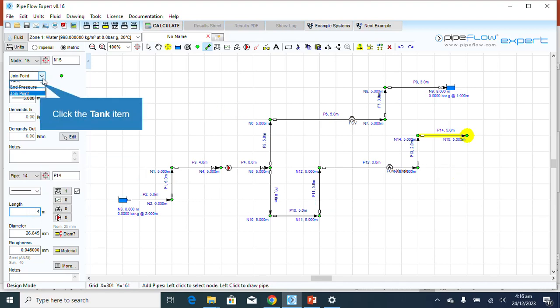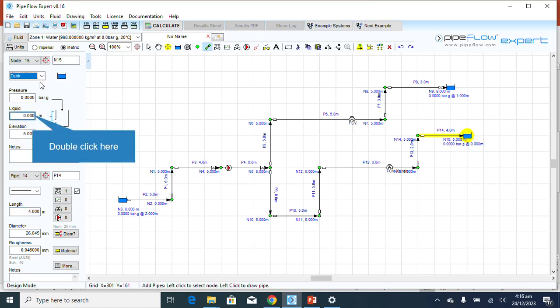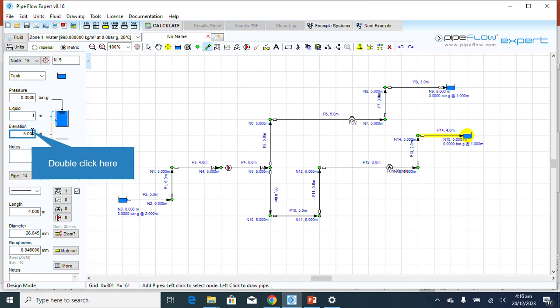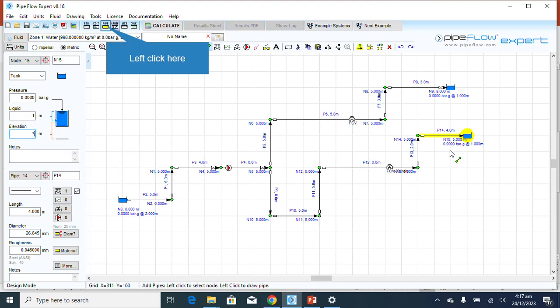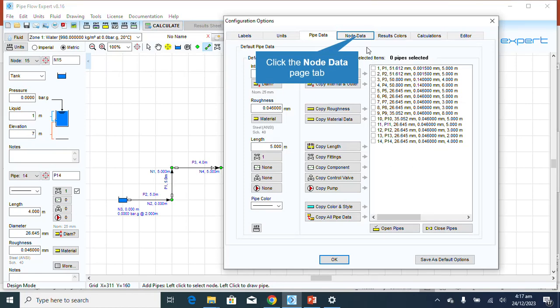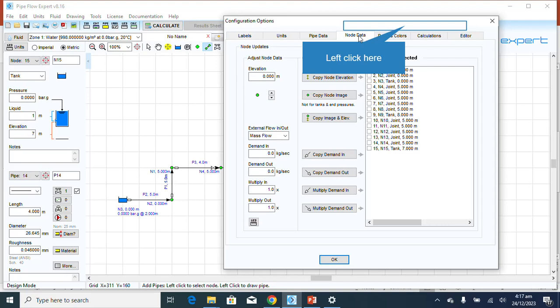The joint is a tank. The surface pressure is 0 bar gauge. The liquid level is 1. The elevation of the pipe is 7. Now I need to make some changes. For me to make those changes, I'll come here, click this. I will go to nodal data. Now for the nodal data,